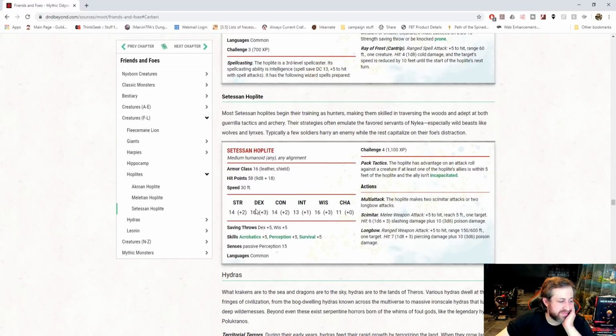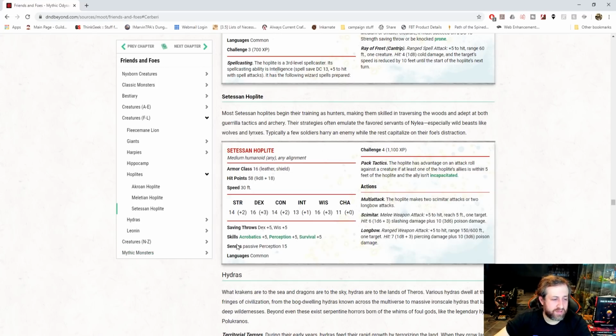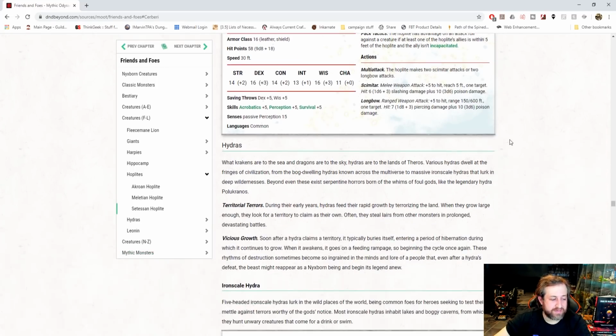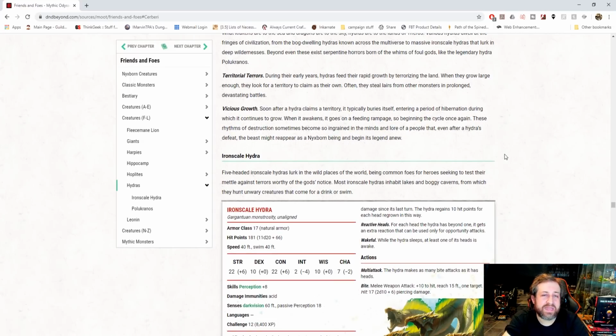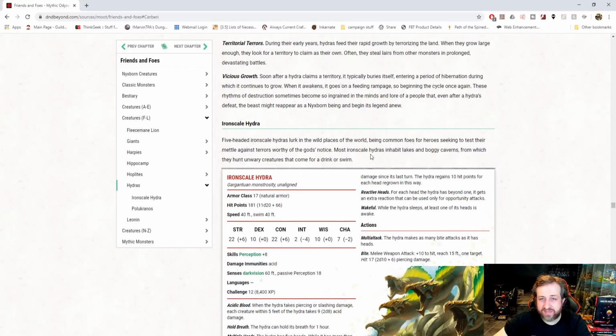And then the Cetessan Hoplite has pack tactics, so that's pretty powerful. And then again, this one has a scimitar and a longbow, different weapons, but pack tactics is its main thing. Then what would we be in a Greek mythology based thing if we didn't have Hydras? So we do. We have an Iron Scale Hydra, which is kind of pretty nasty because this is basically an